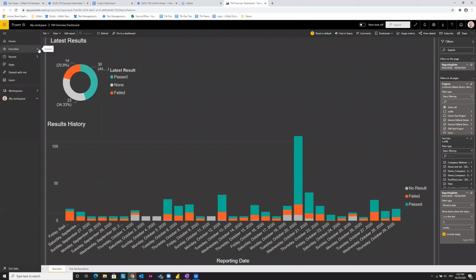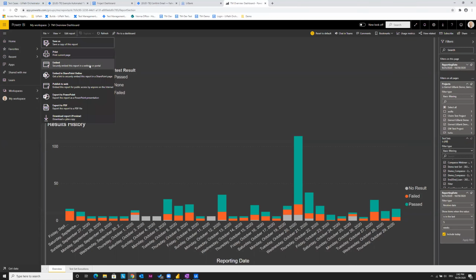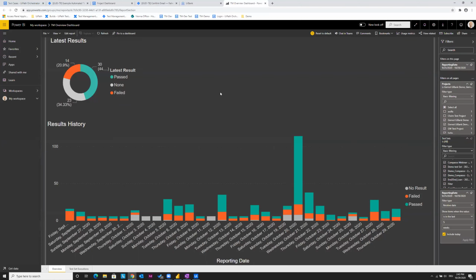A lot of people are asking us how about exporting it or publishing it. It depends on the tool you use. So you can see here, for instance, Power BI allows you to export a PDF. You can directly get it into a PowerPoint. You can publish it to a website and stuff like that. So this is really comprehensive, and this is one thing that I want to